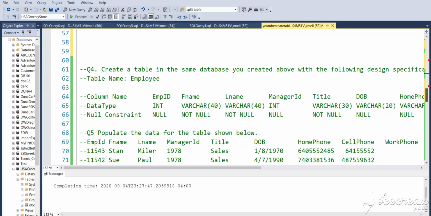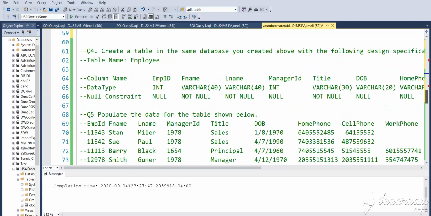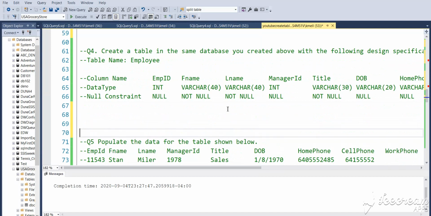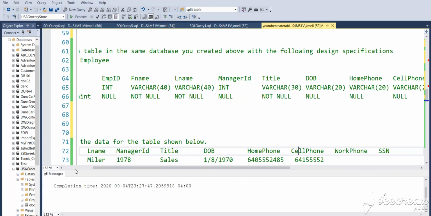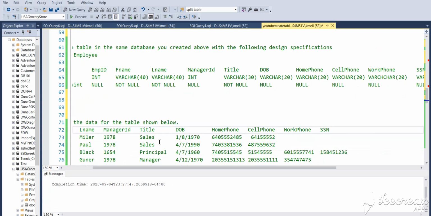The next question is telling us, now they want us to create a table in the same database you created above with the following design. So this question is pretty much asking us to